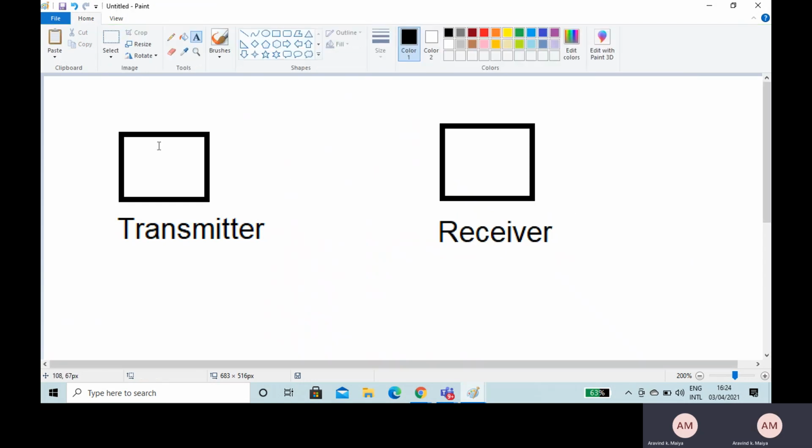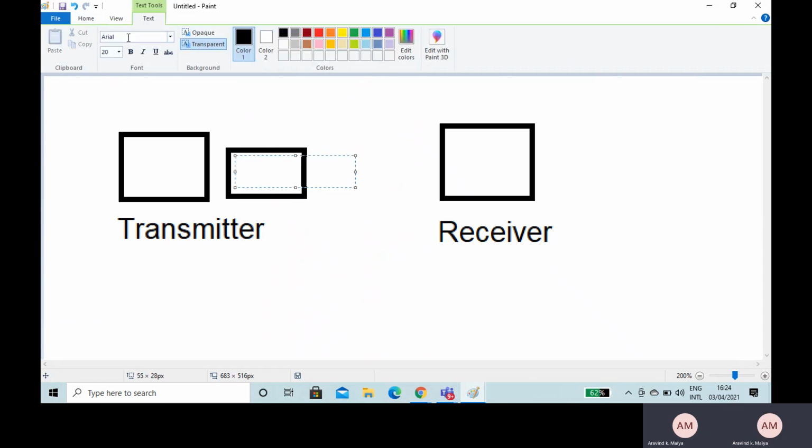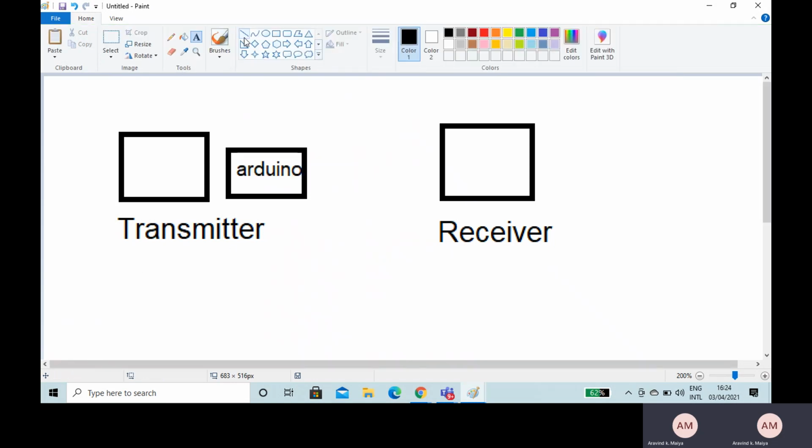In our case, we are connecting the transmitter to an Arduino. So we have an Arduino here, and it is seen that the transmitter is connected to the Arduino.